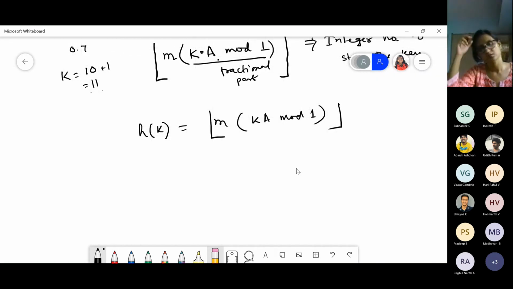Okay, what else? So, have I ever told you about how you can generate random numbers? Just a second.